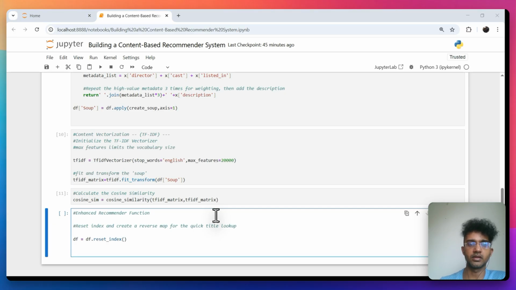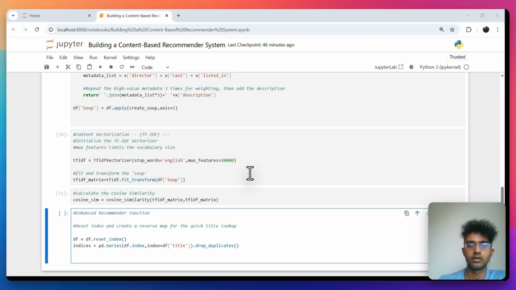So we reset the index here, and then we say indices equals pd.Series, df.index, index, df, df title, top duplicates, right? Then say def